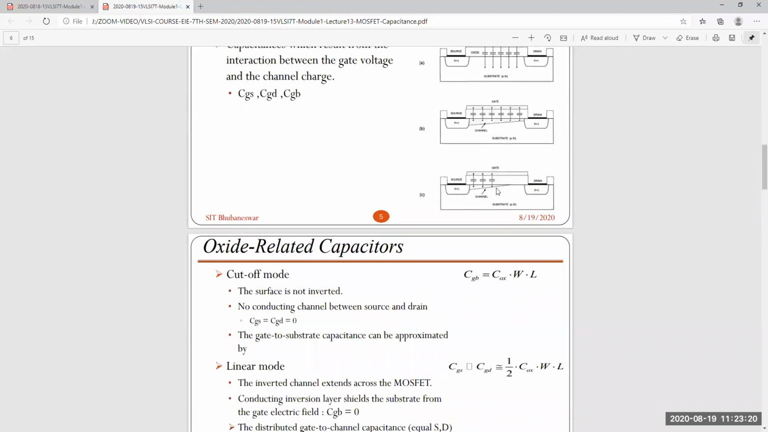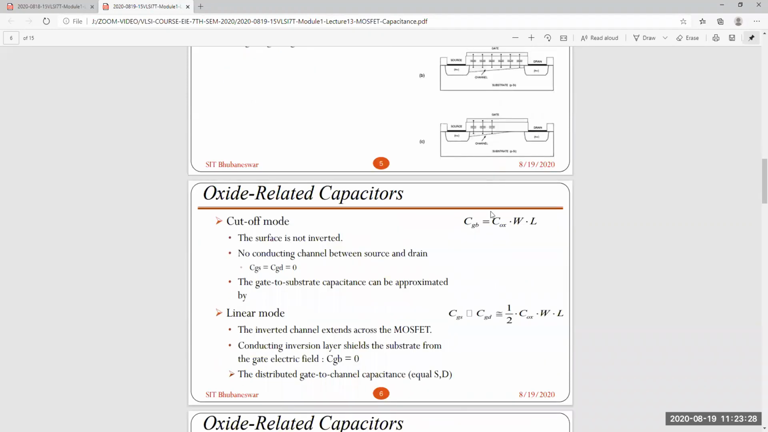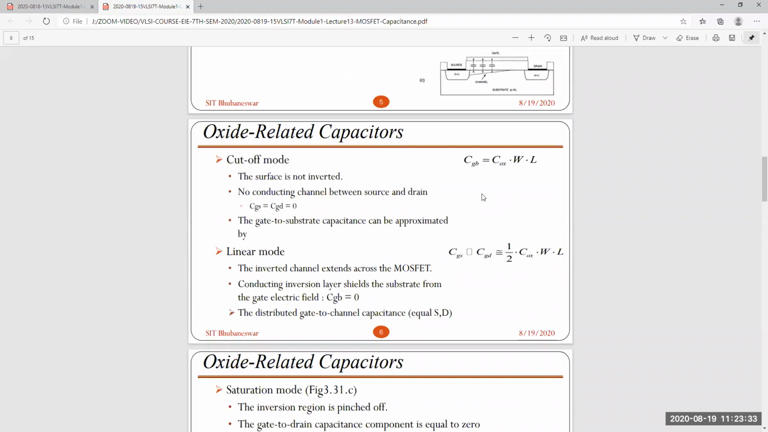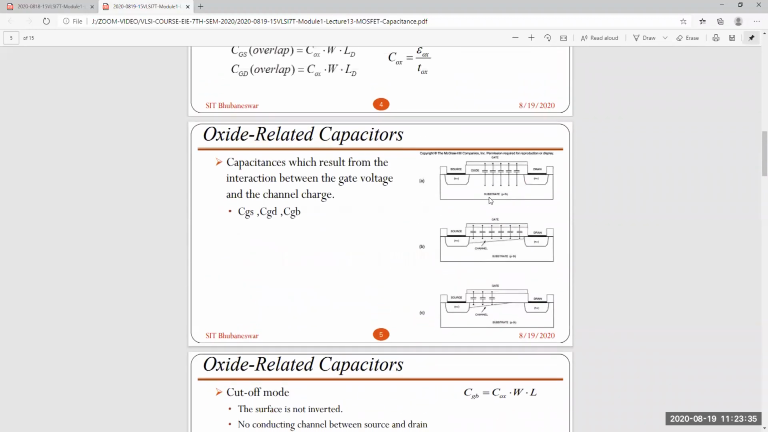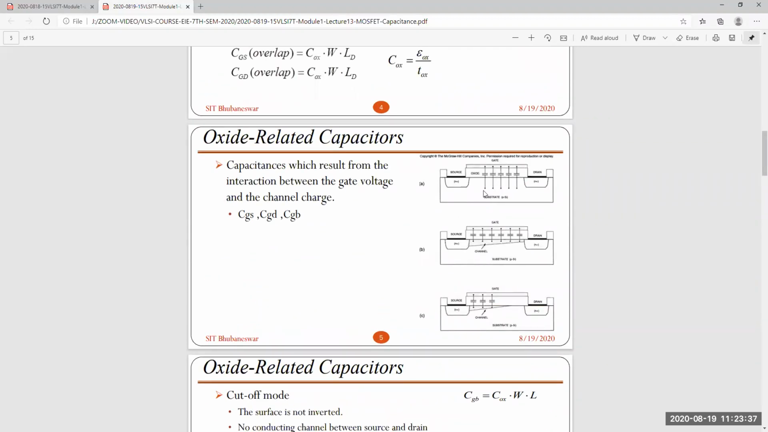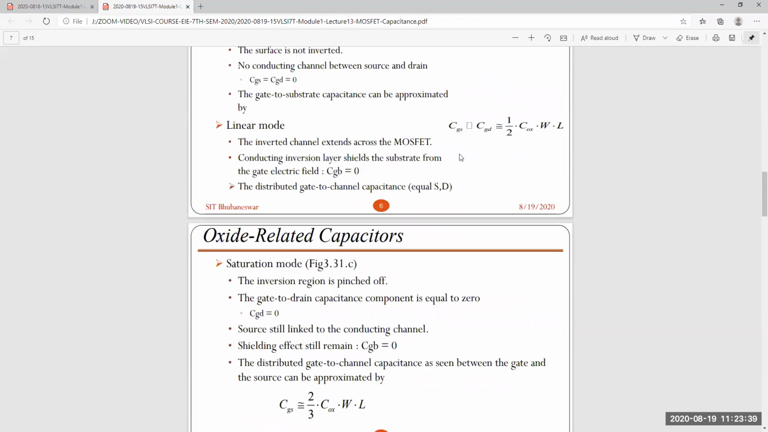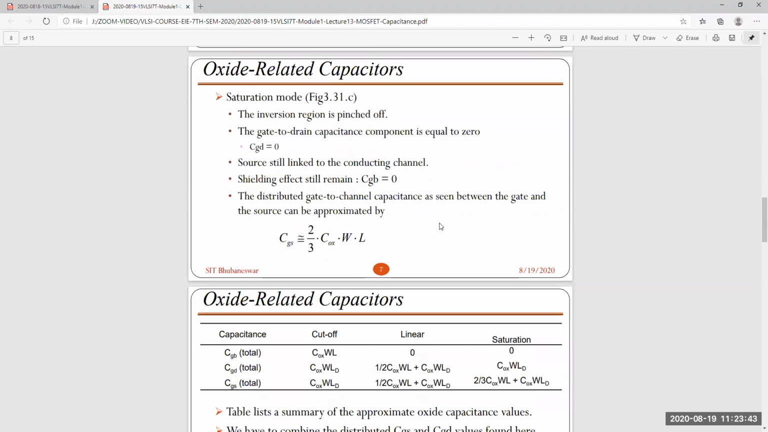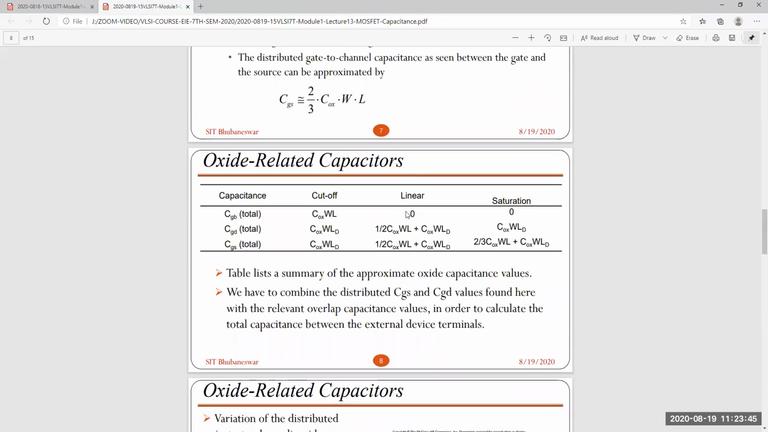For saturation, though there is no channel, it's 2/3. Means if it is 3 parts, 2 parts is this side, there is nothing. So 2/3 parts of this, and oxide is always there. Oxide capacitance is epsilon by TF, that is per unit area. If you remember these things, then you can easily tabulate and get this